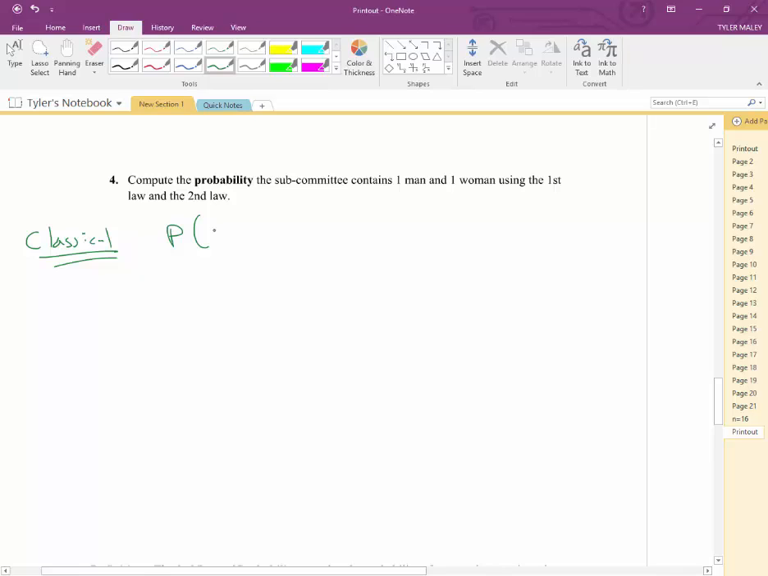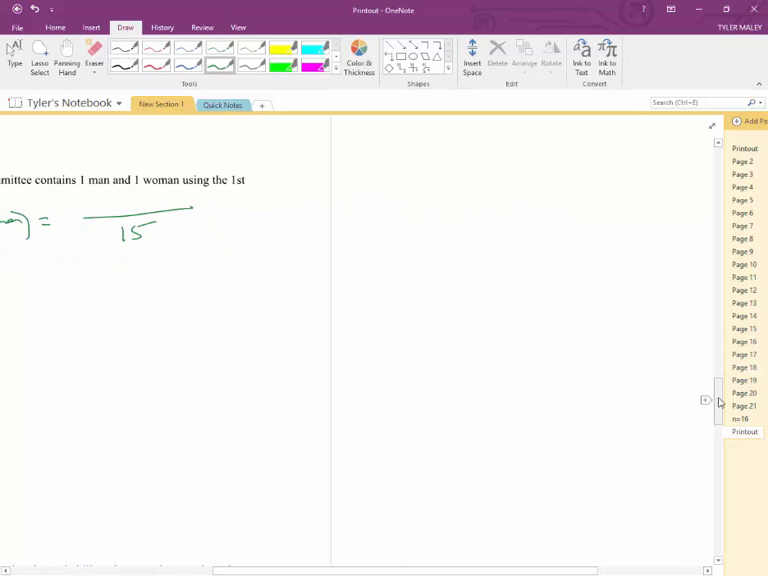So we want one man and one woman, right? So the classical definition, we just look at how many times in the sample space that happens, and we divide by the total number of things in my sample space, right? So there are 15 items in my sample space, and if I look up here,